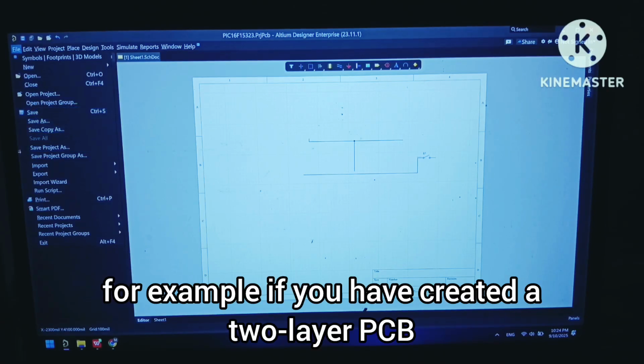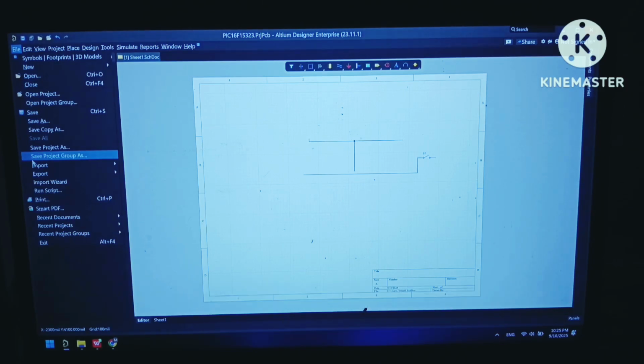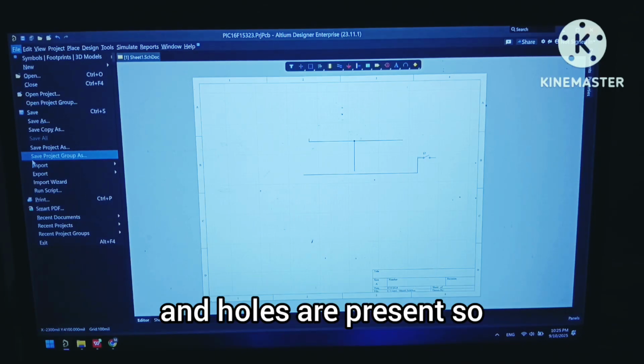For example, if you have created a two-layer PCB, and on the top side your tracks and text are written, and on the bottom side your tracks and holes are present.